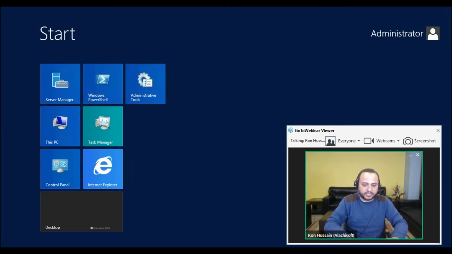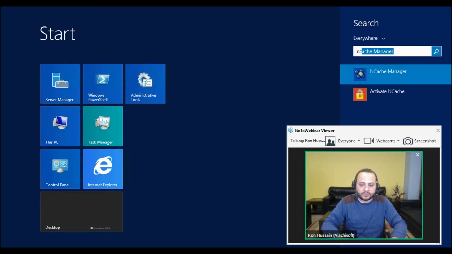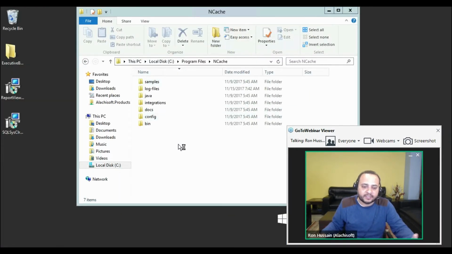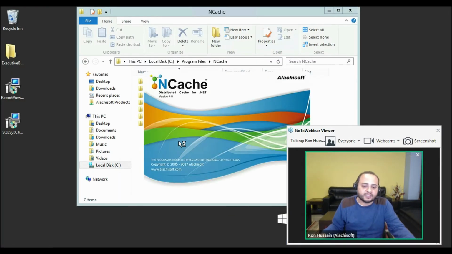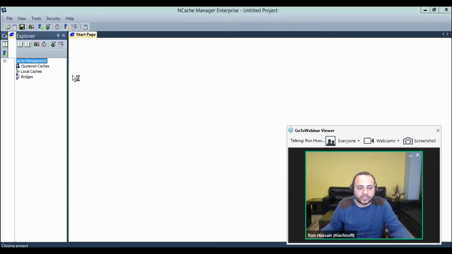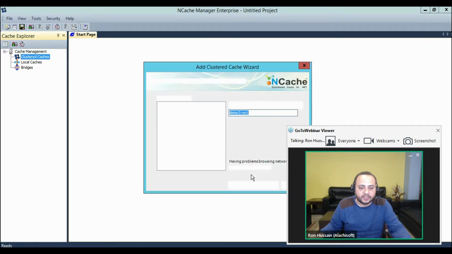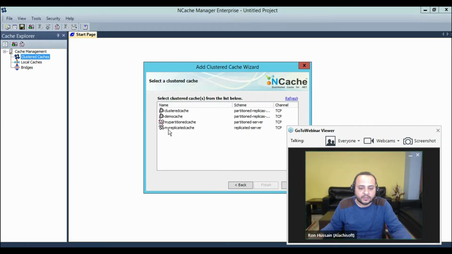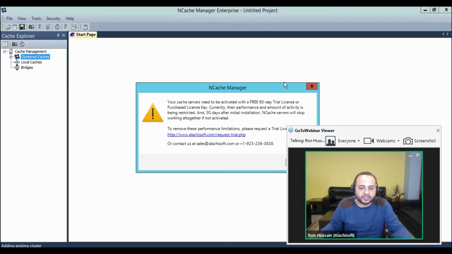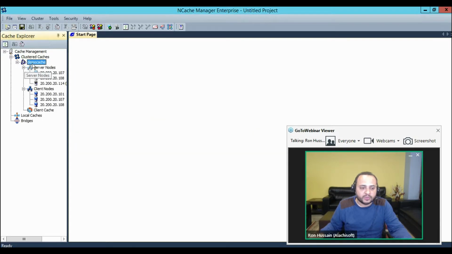Let me just add the manager and get rid of the cache from here, and then I'll quickly add it back to the demo cache cluster. I think it's running a single node cache cluster of its own, so I was playing around with it. Let me just quickly fix it. There you go. So I just need to unregister it. It's an eval, so